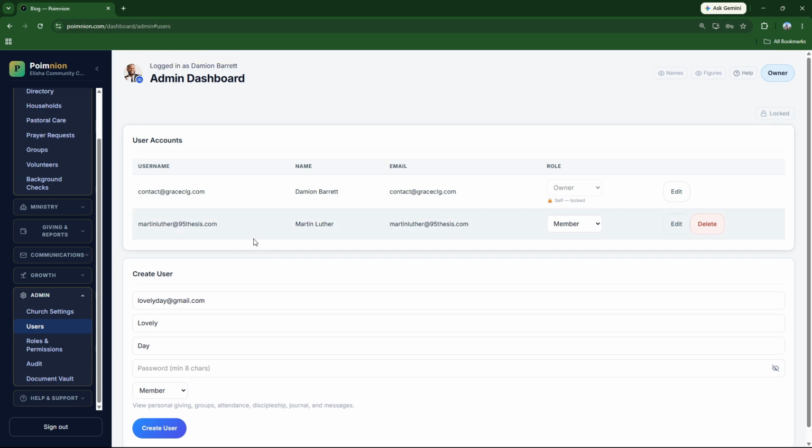So it's very important. I do recommend that every member of your church receive a user account. Poimnion was really built for the entire church, and I keep saying it is built for the body of Christ. So every member in your church needs to be encouraged to get access to Poimnion as soon as possible, and to start enjoying its features. All right. So that's adding user accounts,